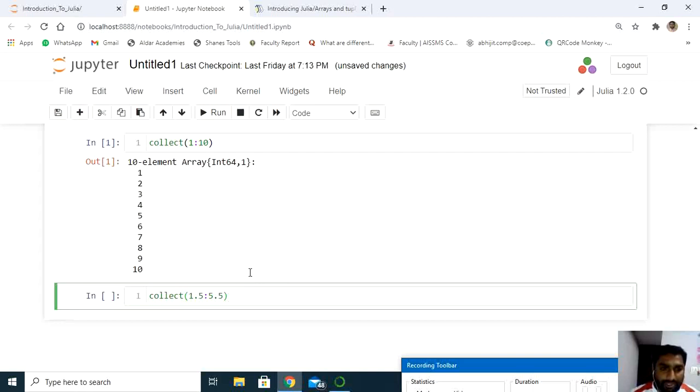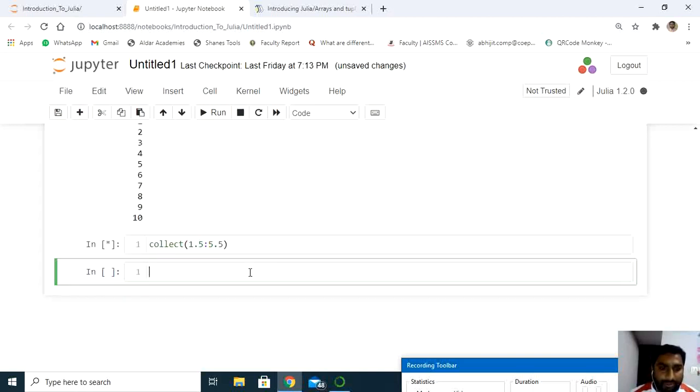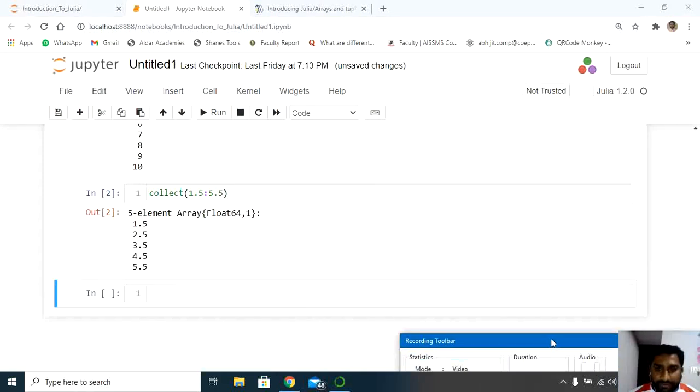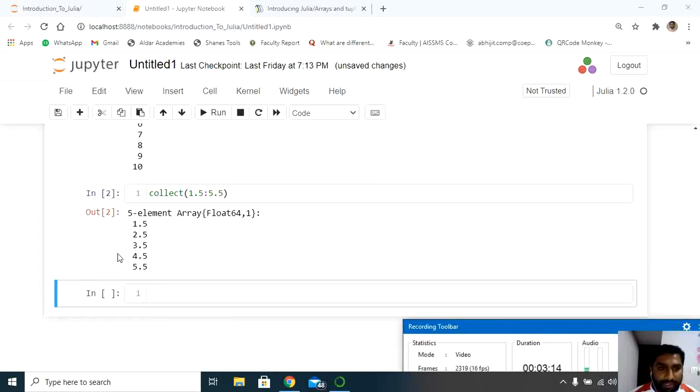It gives me all the elements which fall between 1.5 and the ending number 5.5. You can see it has given me the range starting at 1.5, and the difference between the first element, the next element, and the third element is 1.